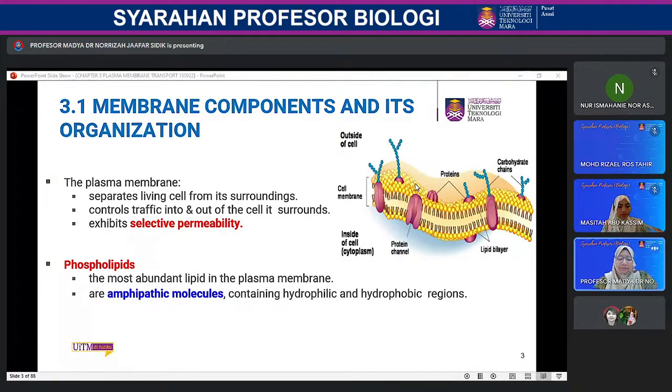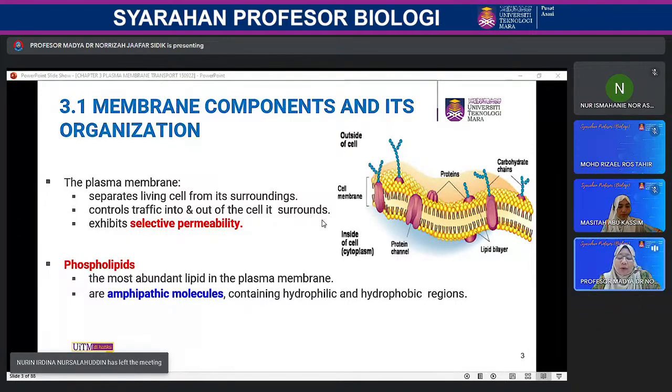Okay, so the plasma membrane provides protection for a cell, and it also acts as a barrier. It provides a fixed environment inside the cell. The plasma membrane can transport ions, water, and nutrients in and out. And the plasma membrane regulates not only what enters the cell, but how much of the